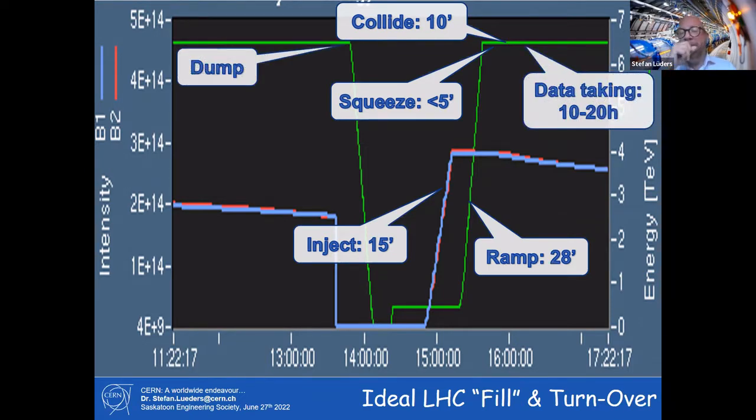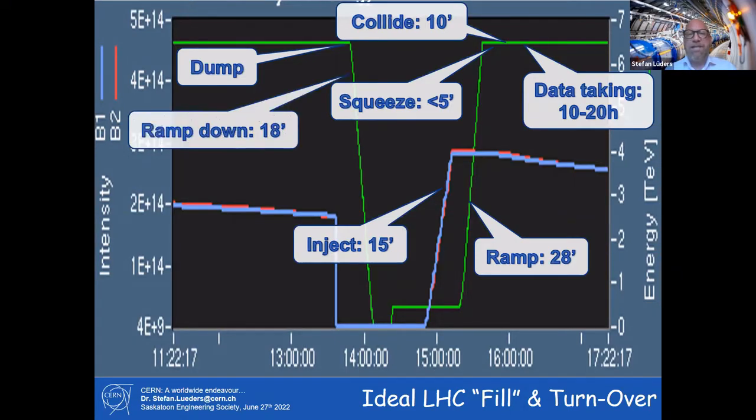And at a certain moment in time, we decide to dump the beam. This is either triggered by the operators or by some malfunction of the equipment. And then the beam is just dumped. The protons are just being removed. And we have to ramp down our speed again. So you see that the speed is going down again. And we're ready for injection once more. So that is the usual cycle which we got there, 50 minutes of preparation to fill it again, and then we're starting this again. So this is a 24/7 project.